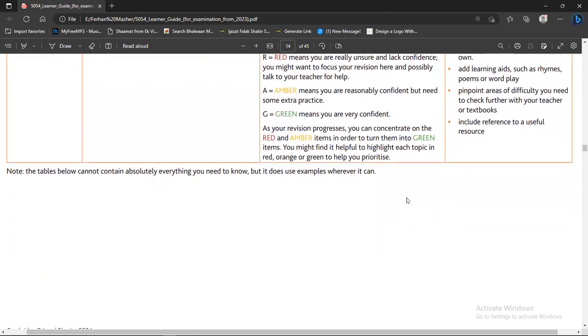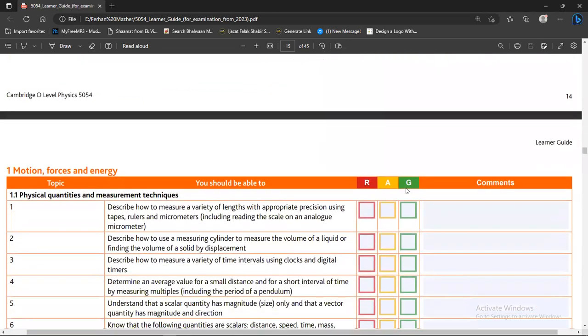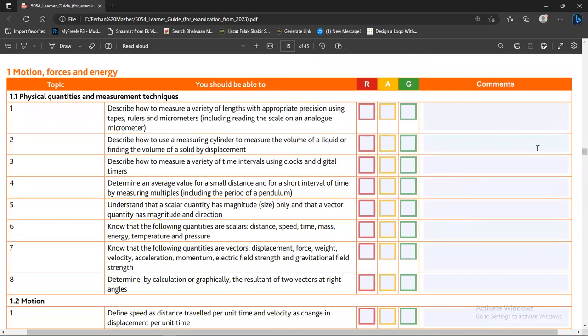Okay, the table below cannot contain absolutely everything you need to know, but it does use examples where it can. So the first topic, the name of that portion, is Motion, Forces, and Energy. The first topic is physical quantities and measurement techniques. You should be able to